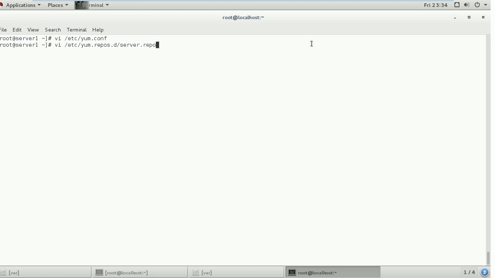So I'm assigning the client repository file name as server.repo, and as you can see there is a new file. So the information I have to put here is yum server 1 as the name, yum server 1, whatever name you can assign here, and the base URL